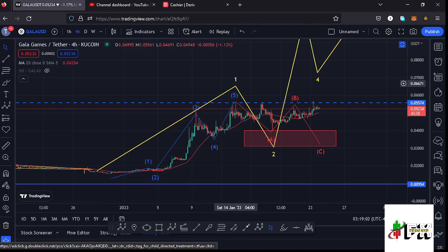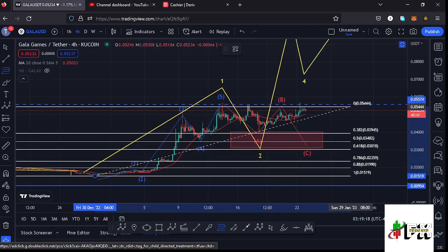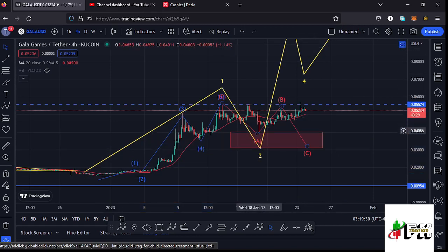And after seeing the formation of a higher Elliott wave count 1, whatever we expect next is a bit of a corrective structure in the formation of a second wave. And using the Fibonaccis, I had sketched out a minimum target area to the lower side in the formation of this wave 2, connecting them from the low of the first wave to the high of that wave 1, and that gave me a minimum retracement area between the fib level 0.382 and the fib level 0.618. And you can see in this retracement that we have over here, we retraced back to the fib level 0.382,